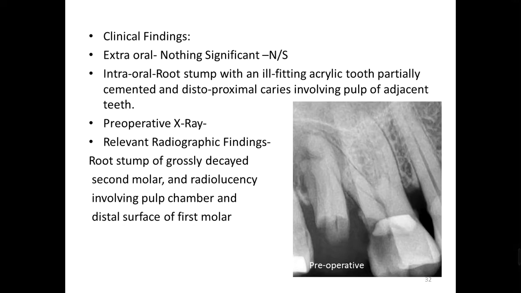Coming to another case, there was an acrylic buildup in this particular maxillary molar of the first quadrant. There was a root piece available and the patient did not know what to do. You can see this radio opacity. This was an acrylic crown placed by some dentist, so it was not in the right favor of the patient. I tried to convince the patient that we should remove all this, including the root piece, and we can add prognosis to this particular tooth.